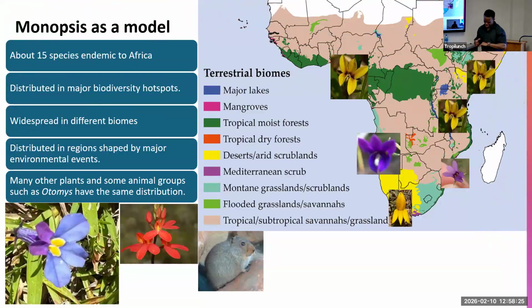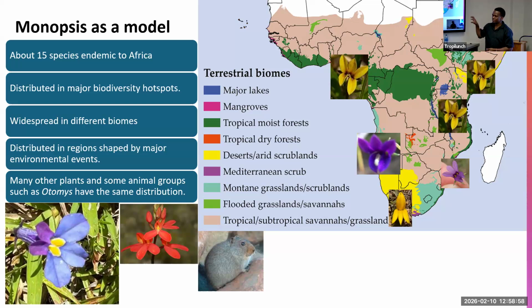I decided to choose Monopsis as my model because I feel it gives a full representation of the disjunct populations in Africa. Monopsis is found in all the major biodiversity hotspots in Africa, such as the Cape Floristic region, the Horn of Africa, the Cameroon volcanic line, the Sakhalin region, and the Maputo biodiversity hotspots. So using these plants as a model is going to help